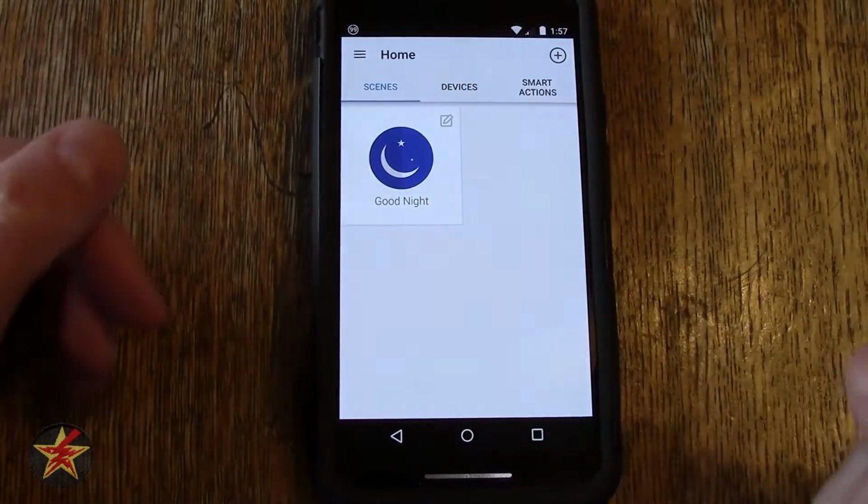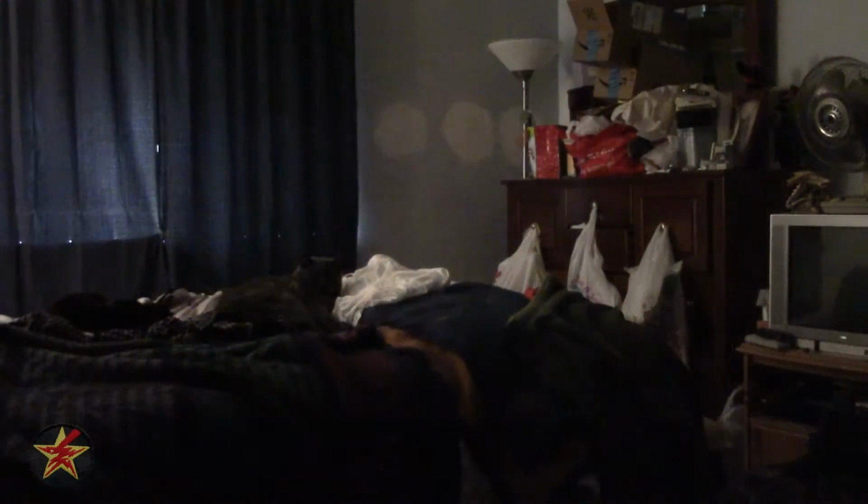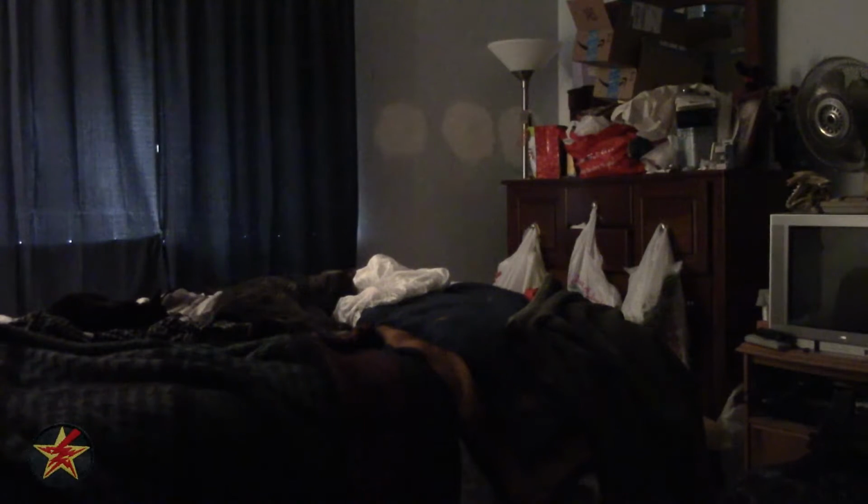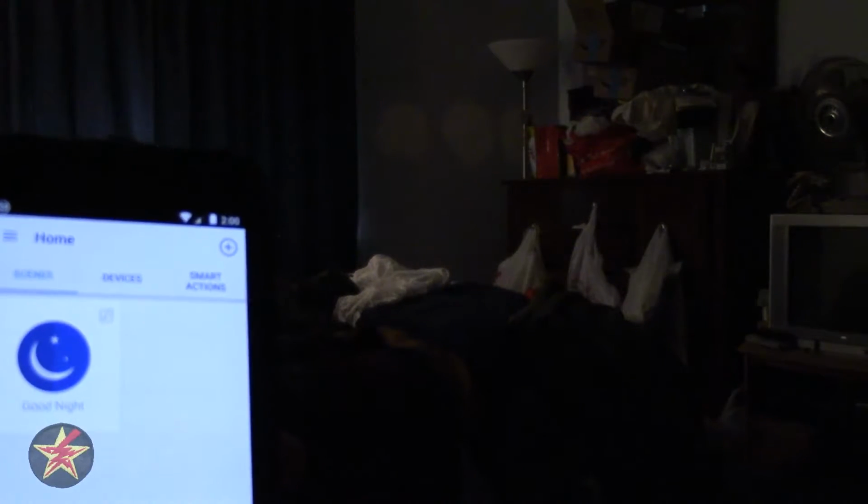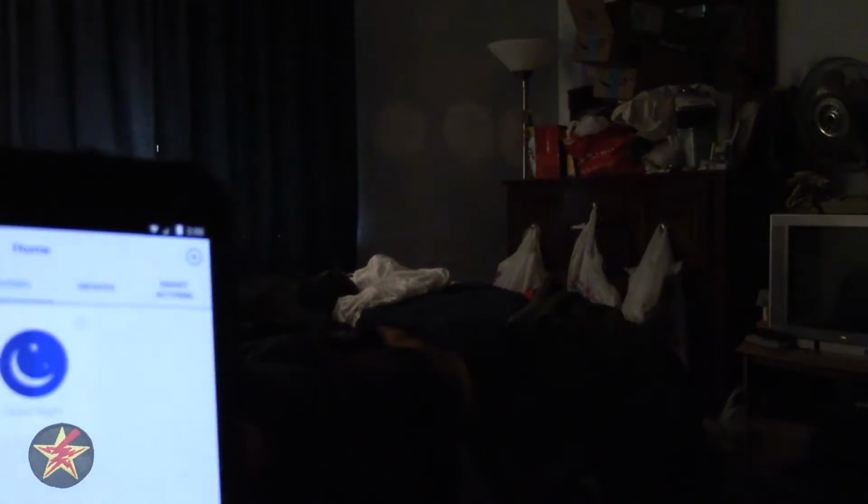So when I click on this, this is what I get. Here's the setup for the bedroom. You can see that there are 2 cats hanging out on the bed. Currently over there is the fan, and over here out of frame is a TP-Link light bulb. Now, if I press the scene, the light will turn off and the fan will turn itself on. So hopefully you'll be able to hear the fan because the light will turn itself off. So if I come over here and click on scene,